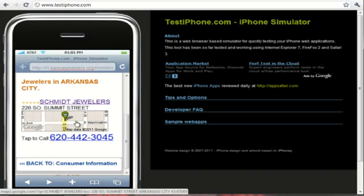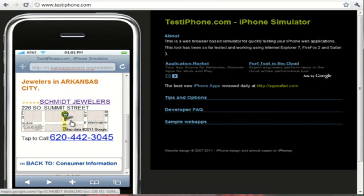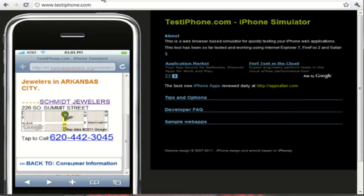Now in this example, and hopefully this is going to work in the simulator, I believe if I tap that, it will open us up into Google Maps, and takes us exactly where we need to be. Shows us where we are on the map, and it shows us that it's the right Schmidt Jewelers. I'm looking at the URL. What actually happened here is this is a specialized website address that we have behind this mapping image on the cell phone,